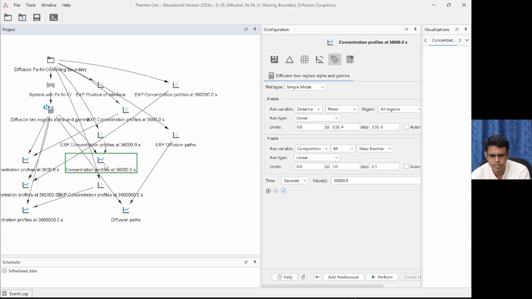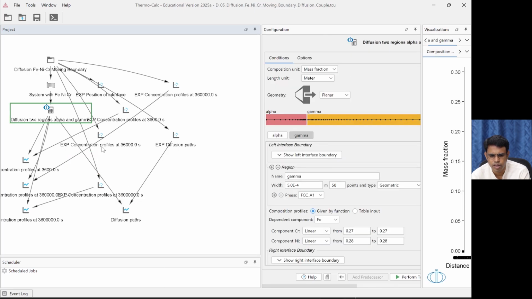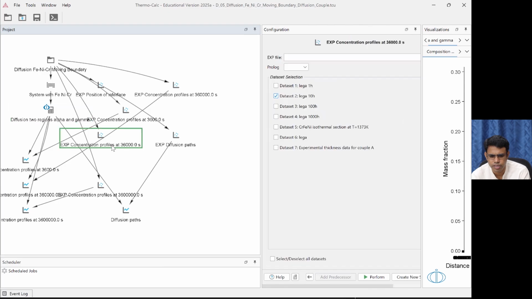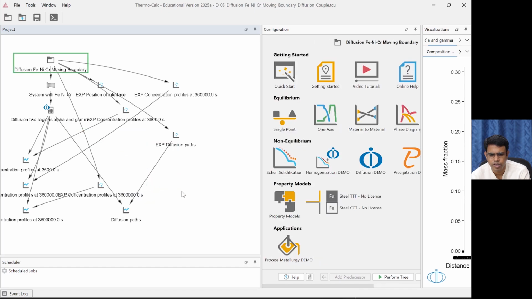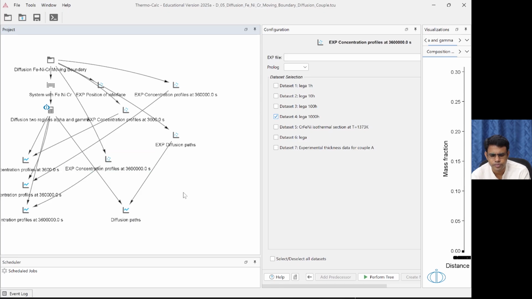This 36000 concentration profile, I'll remove, and the experimental concentration profile for 36000 seconds, that also I'll remove. Okay, so now this is more or less okay. So I'll explain these things one by one.